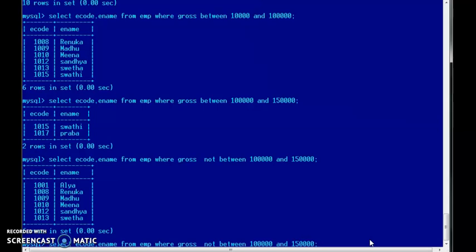So the next condition is working upon a list. Condition based on list. In this we have the in and not in operators. Instead of between and not between in the range condition, we use in and not in operators in this list operation. So here: select E code, E name from EMP where gross in. This is your in operator, and it is followed by brackets and a set of values. How will the list be? It will be a set of values. Where gross in, we are going to write 1 lakh,